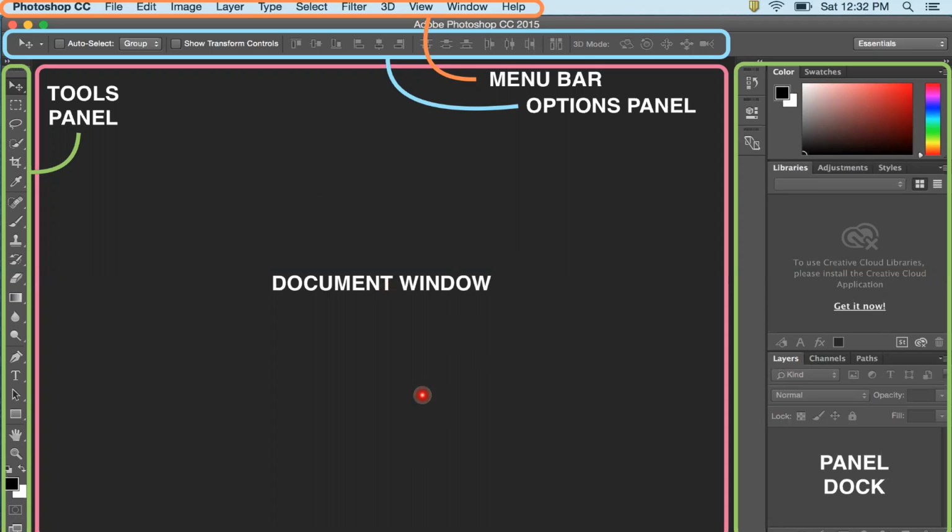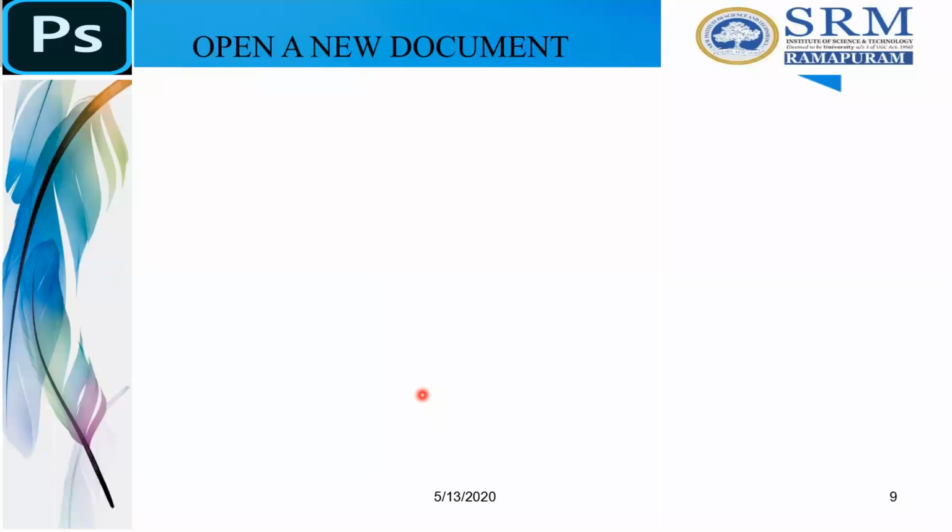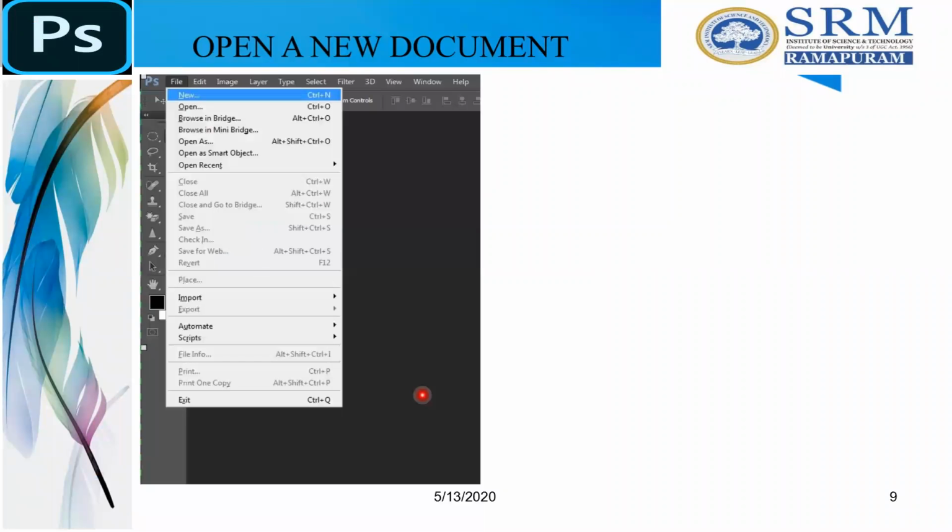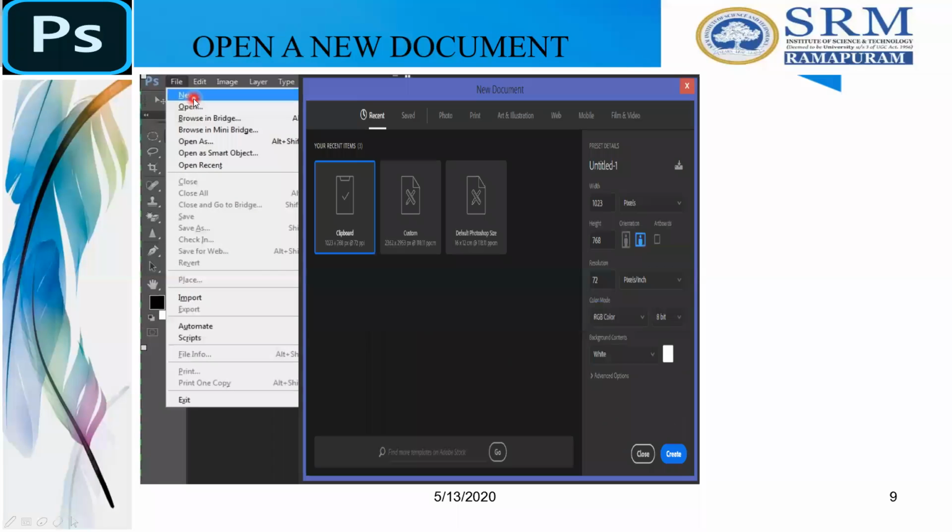Next is how to open a new document. Go to File, go to New, and click on that. You can see a new document which opens. Either you can choose it from the recent documents or the custom documents. Custom are predefined documents that will be available, with a fixed height and width given along with the resolution.